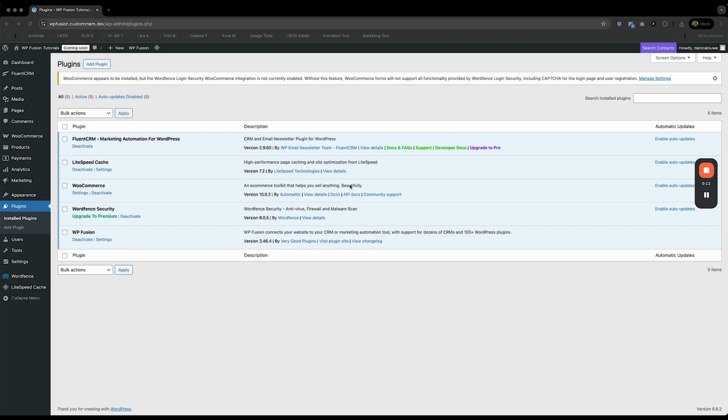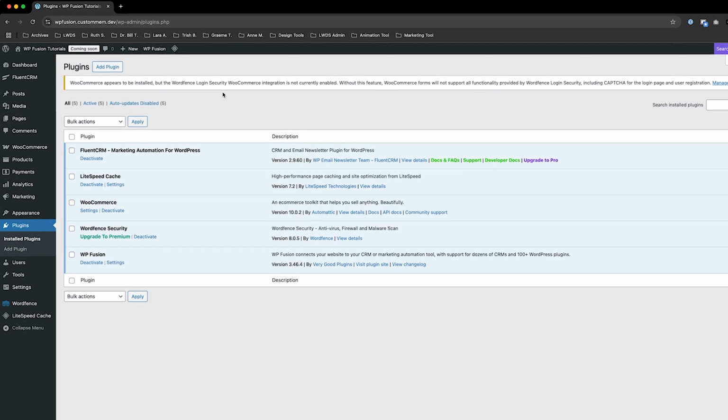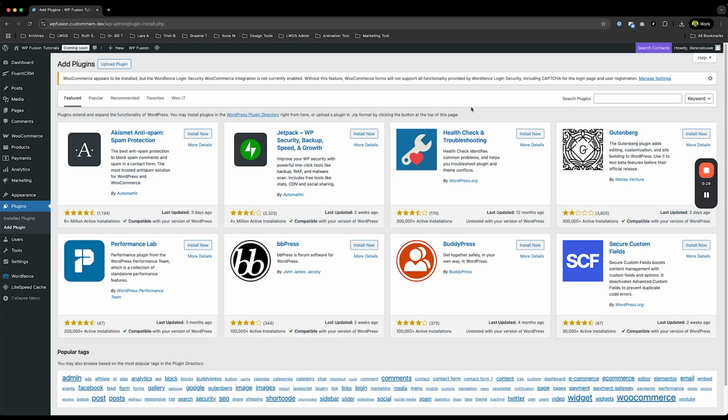So this is my test website that I'm using for teaching how to use WP Fusion, and I need an SMTP for this site. So I'm going to go ahead and go to plugins, add new plugins, and install the SMTP. So if you search for SMTP,